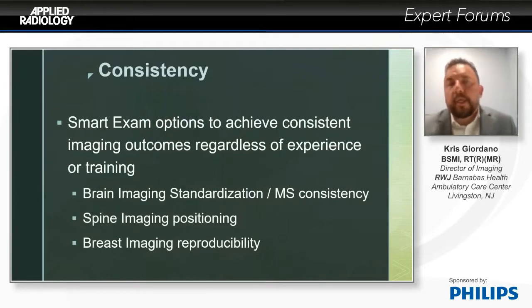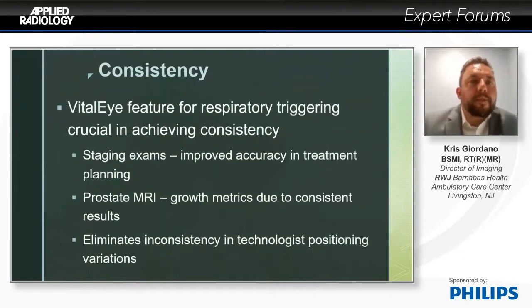cancer patients, treatment efficacy. These are all huge diagnostic wins from the perspective of the reliability for that clinician ordering these exams and delivering on these exams and knowing that he or she is going to have a similar outcome in spite of maybe tech levels of experience or training and different methodology behind that training. Spine imaging is consistent, breast imaging reproducibility, and how we can consistently deliver on planning and angulations. And that is how we're able to deliver a consistent product across all of our procedures and protocols on the